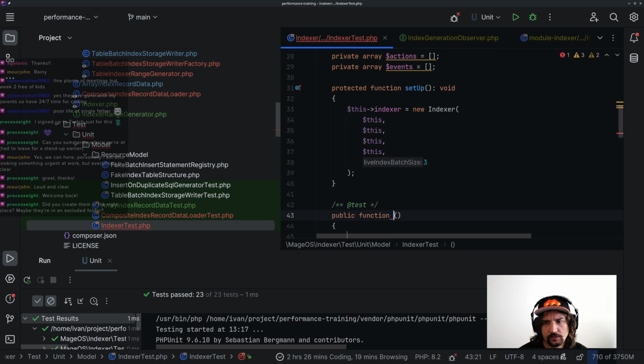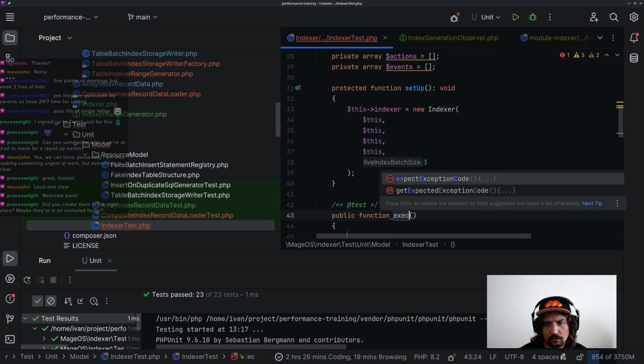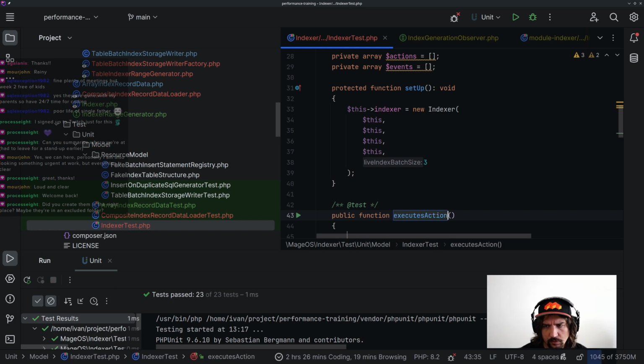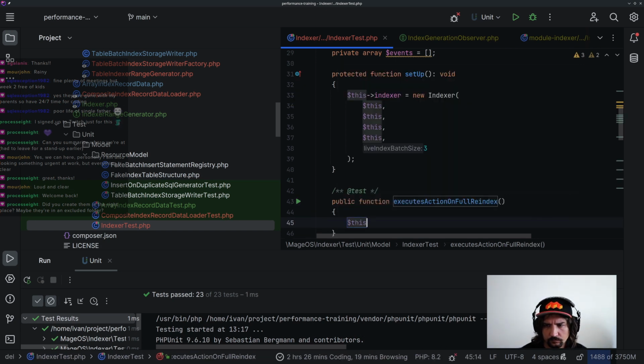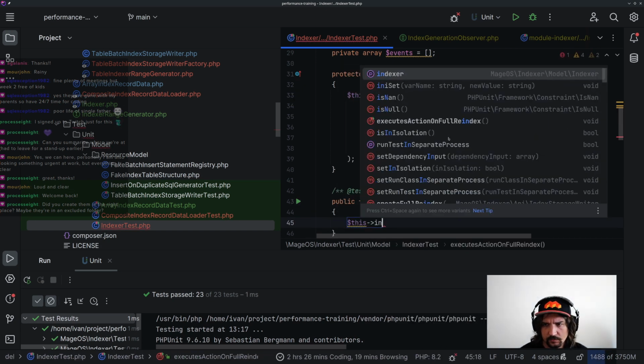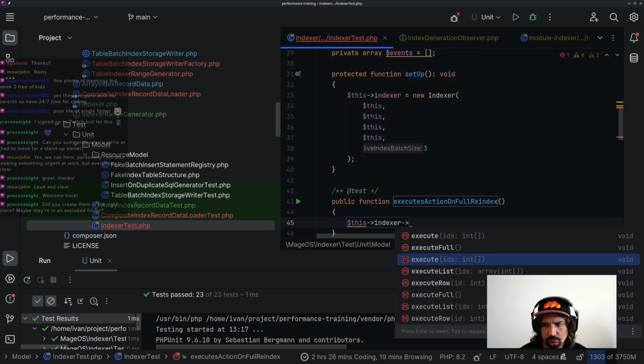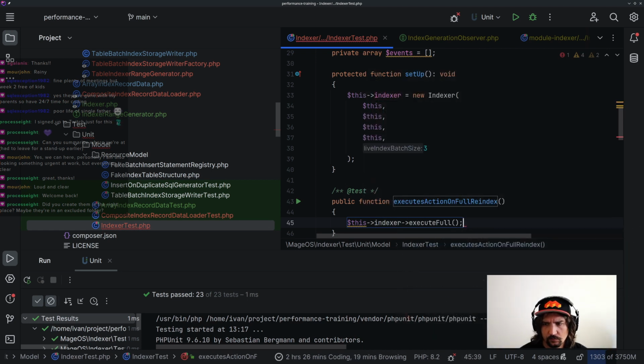So we're gonna test that it executes action on full reindex. So this indexer executes full,